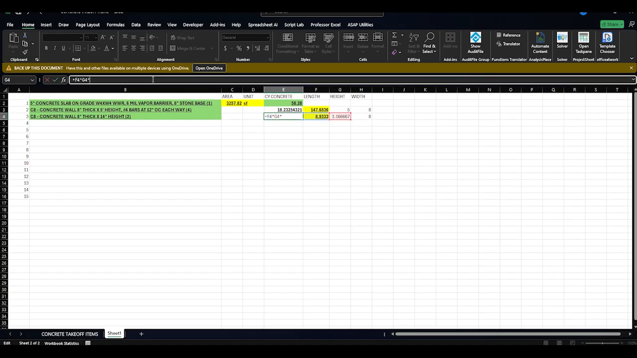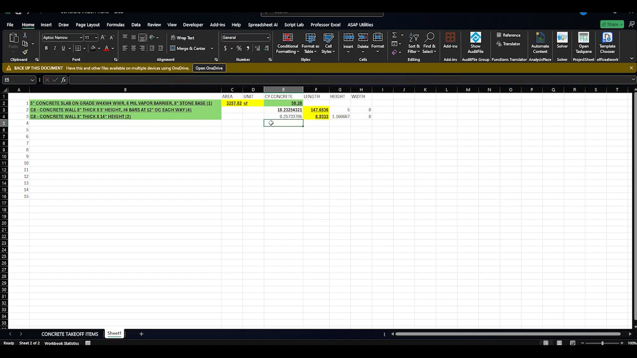This will return the height of the wall in terms of feet, in decimals. Our 42-inch wall height becomes 3.5 feet. Repeat this process for the width of the wall, and enter into the cell, equals 8 divided by 12. This returns 0.667. Now we can